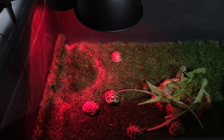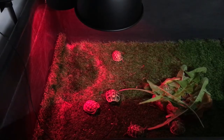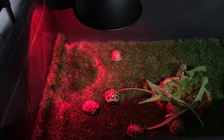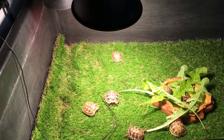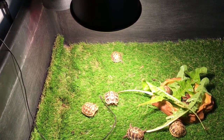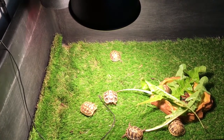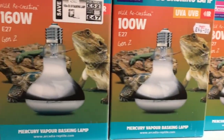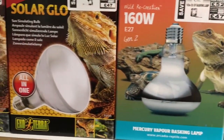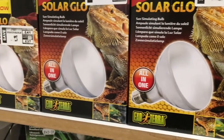They naturally bask in hot climates and so receive a high dose of UVB from the sun. They require UVB to synthesize vitamin D3 inside their skin. The vitamin D3 helps the tortoise to absorb calcium, which is crucial for bone structure and growth. The enclosure needs to replicate the natural environment, and this can be achieved by using a mercury vapour bulb, which